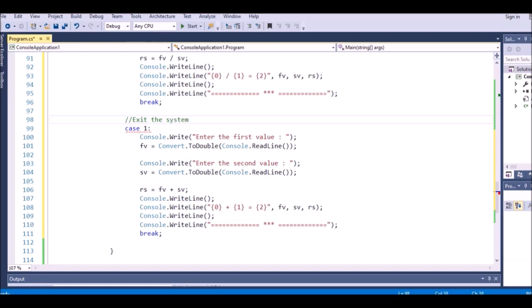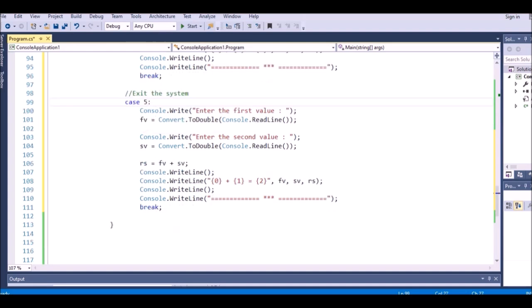The case is number 5. And for the exit, I just change the value. So to exit the while loop, right? To exit the while loop, I have to use the break. So we can use the break,